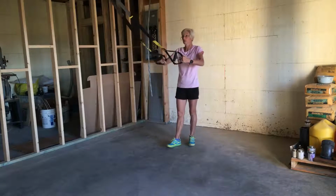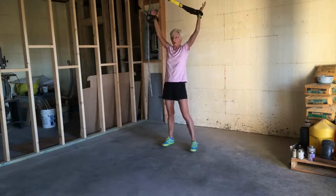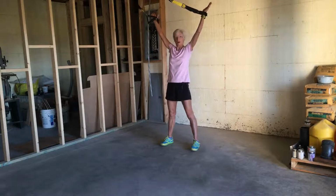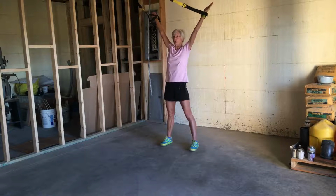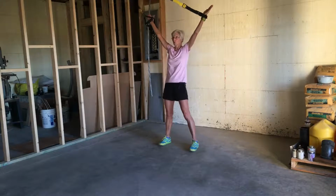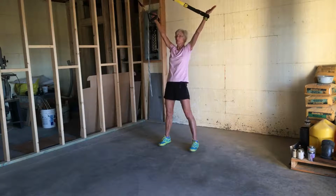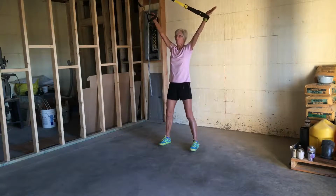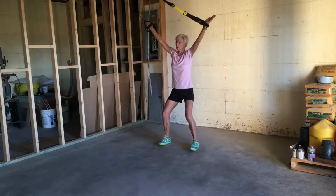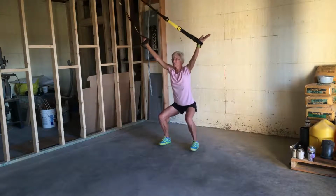All right, another way that we're going to warm up is doing an overhead squat. So you're facing your anchor point. Your hands or your wrists are in the foot cradles. You've got your arms straight up over your head, shoulders down. My feet shoulder width apart, looking up at my anchor point. From there, I'm really leaning into my straps. And I'm going to sit down and squeeze up. So it looks like a squat. It is a squat, but your shoulders suddenly have to